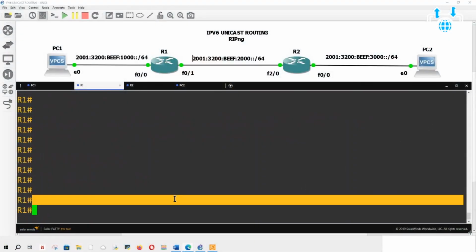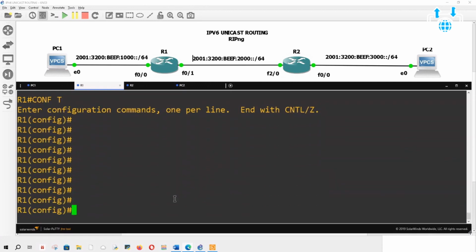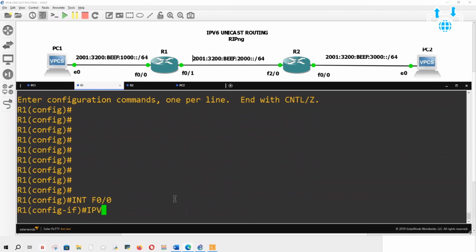I am not going to type ipv6 unicast-routing on purpose, so you can see what's going on. I'm going to go to router 1, interface F0/0, and say ipv6 address 2001:3200:beef:1000::/64.